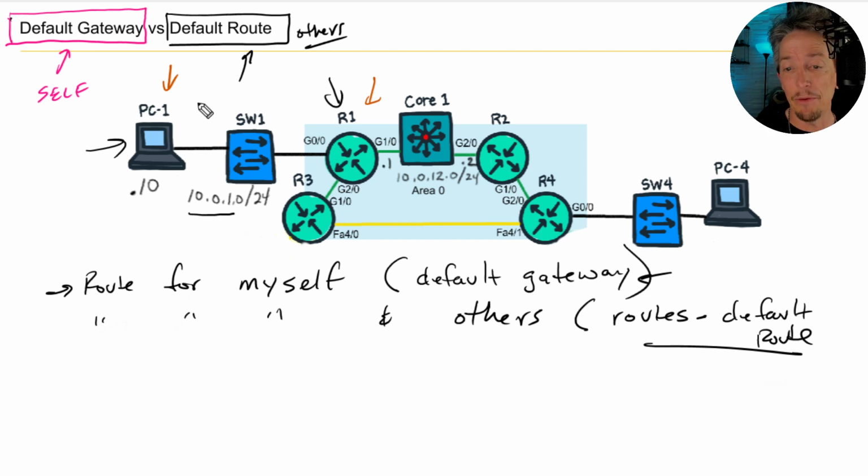And if PC1 forwards a frame to it, because it's routing for others, it's configured with IP routing, that's how you enable it, it would go ahead and look at its routing table for a match. Do I know how to forward this packet to 10.0.0.4 in this case? And if it does, it'll forward based on that information. But if it doesn't, it can have a default route in its routing table. This is the equivalent of a default gateway for a device that's routing on its own. A default route is simply a route in the routing table that says, hey, Mr. R1, don't be so hard on yourself. You got this packet for